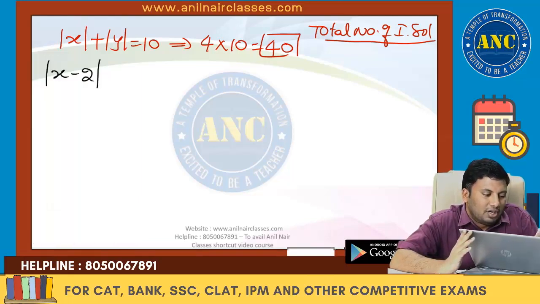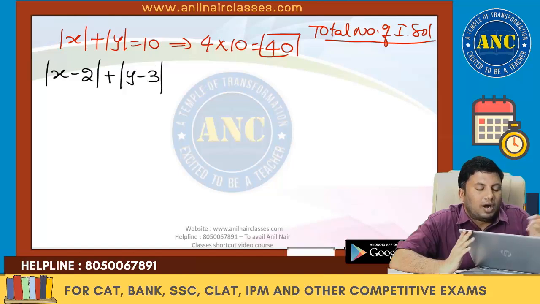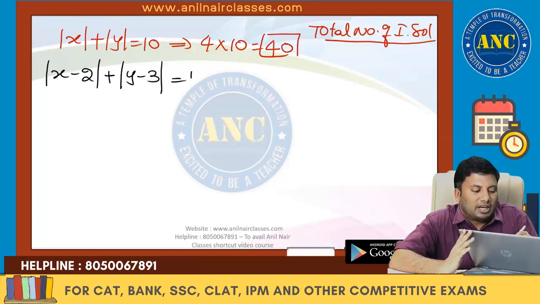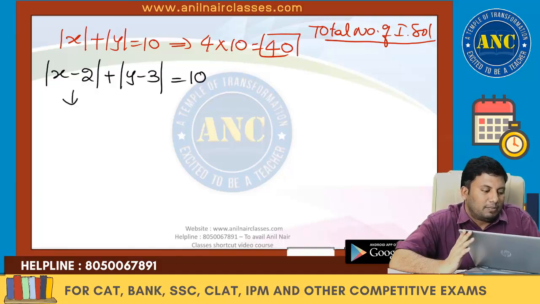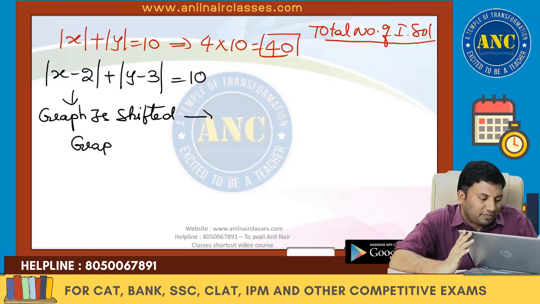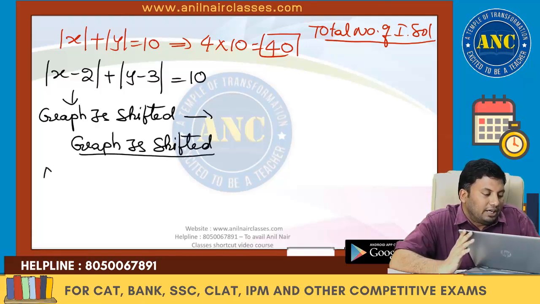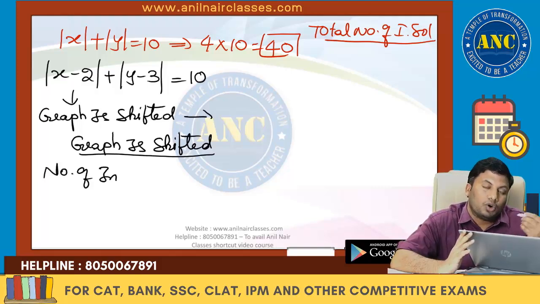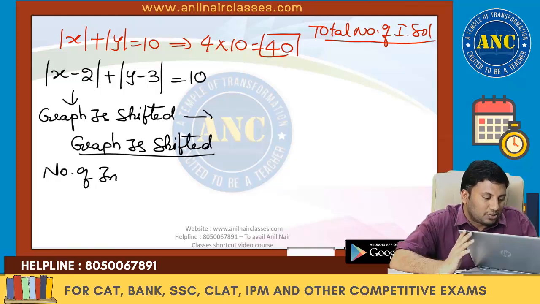Find the number of integral solutions for mod x minus 2 plus mod y minus 3 equivalent to 10. This is nothing but the graph is shifted. The graph is shifted by 2 and 3 units. Whenever the graph is shifted, the number of integral points does not change. I am not writing here 2 comma 3. It could be plus plus, minus plus, minus minus, plus minus. Number of integral points,